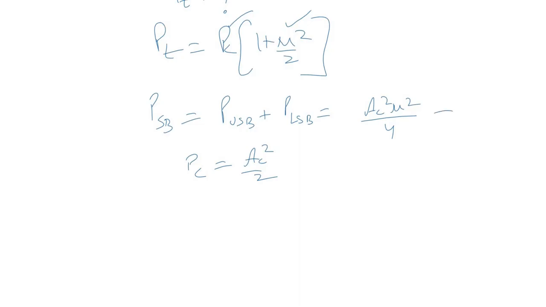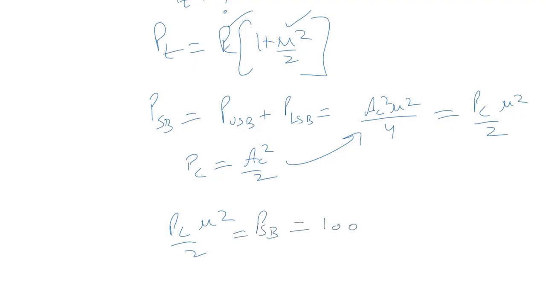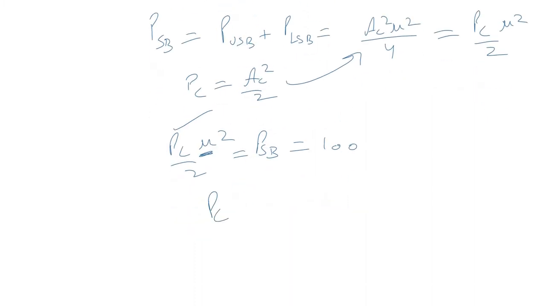So the total sideband power is nothing but PC into mu square by 2, isn't it? Just substituting PC as AC square by 2 in this expression. And we are given this power, that is 100 watt. So PC mu square by 2, which is total sideband power, is equal to 100. From here we know mu is 0.5, so we can easily find out PC from here. PC comes out to be